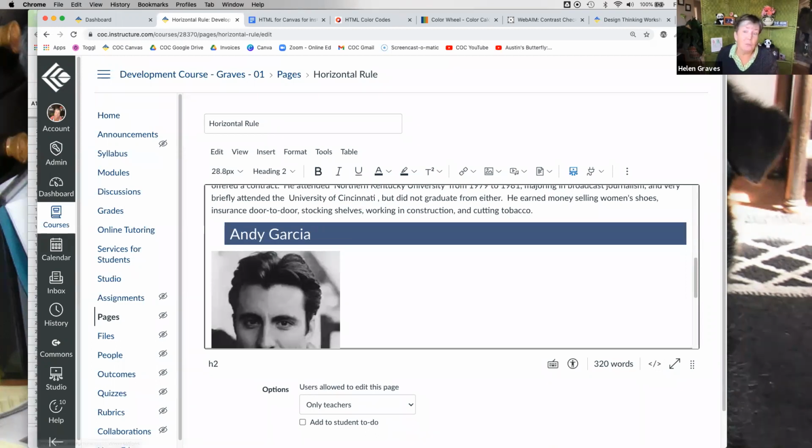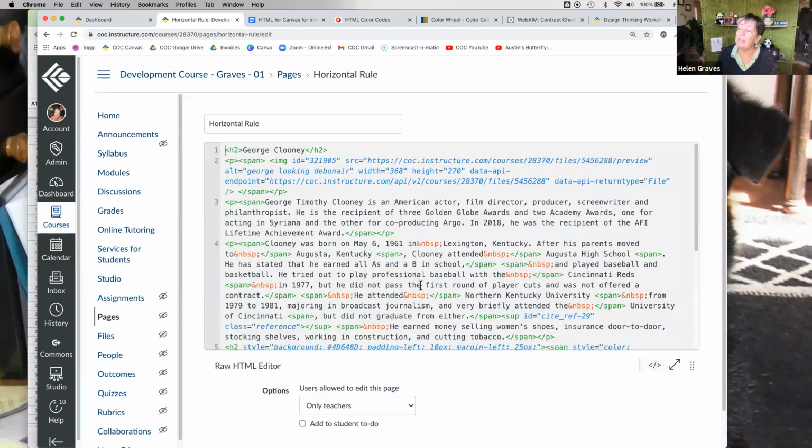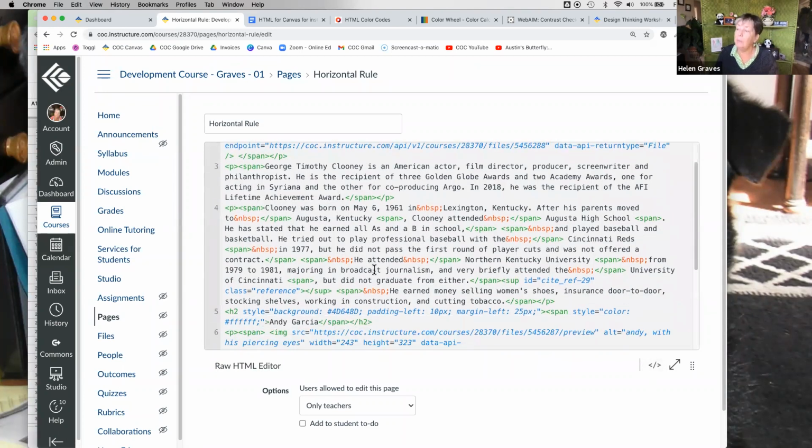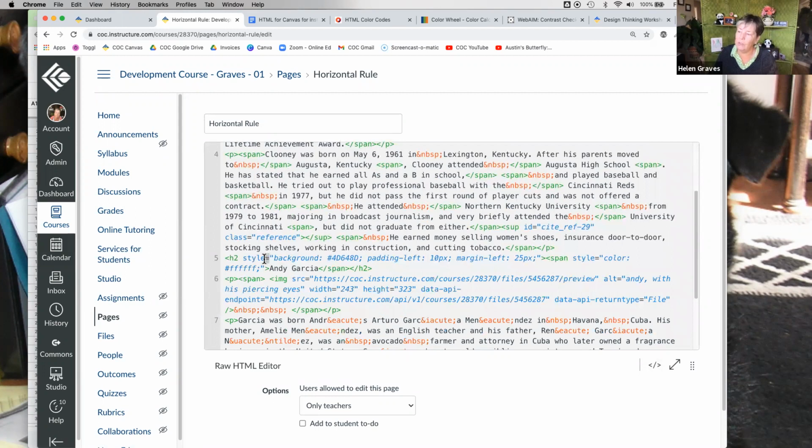Okay, code is pretty straightforward if you know what you're looking at. It is very strict in its syntax, meaning you need to make sure if there is an equal sign or a quotation mark or a hyphen or a semicolon or a space, all of those things matter. Without them, the code isn't going to render properly on the page. So you're going to want to learn to pay careful attention as you're adding code and playing around with it to make sure those dashes and semicolons and spaces or whatever are included and are in the right places.